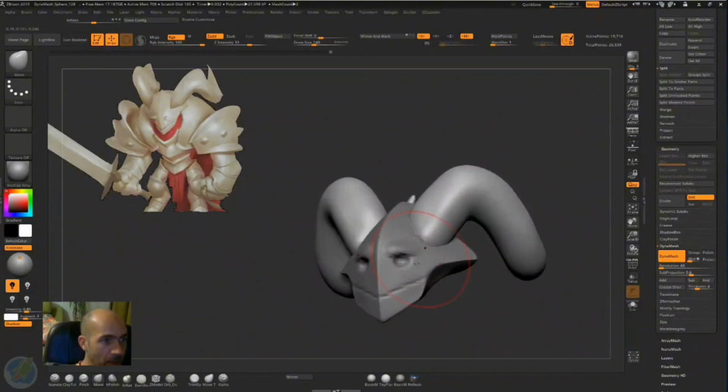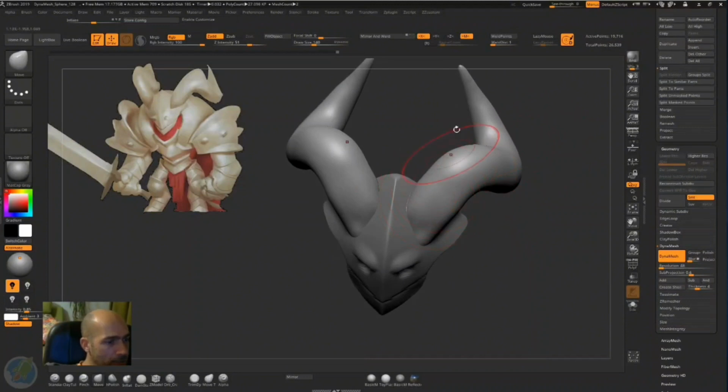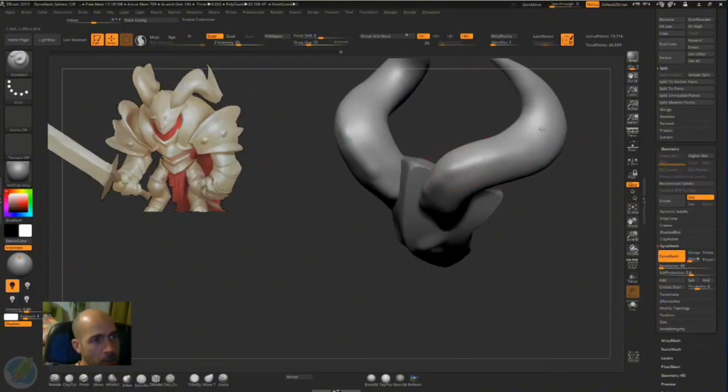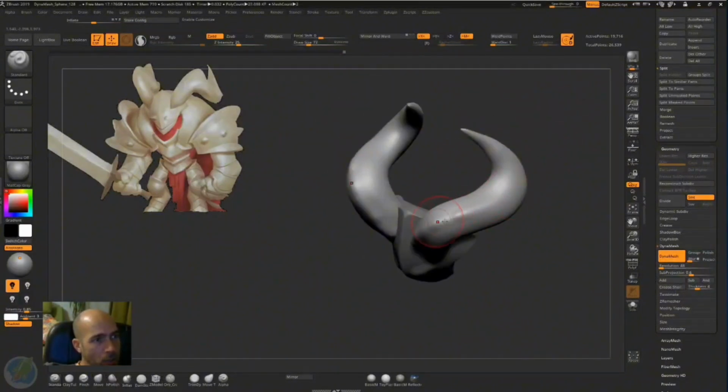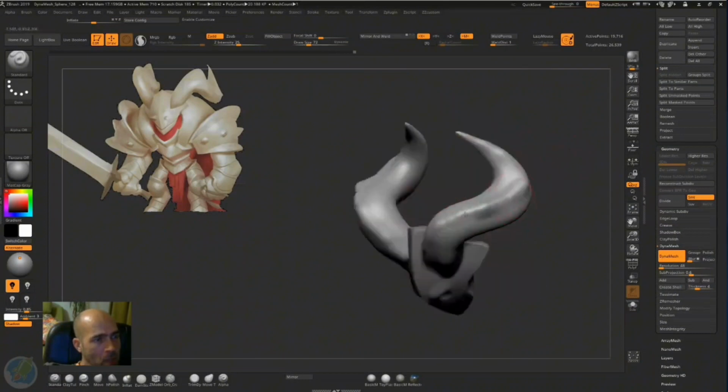And by those things, I mean the brushes. Let me see. So the horns, they have this kind of a thing here. Let's see. And I will do it. And then here and yep,